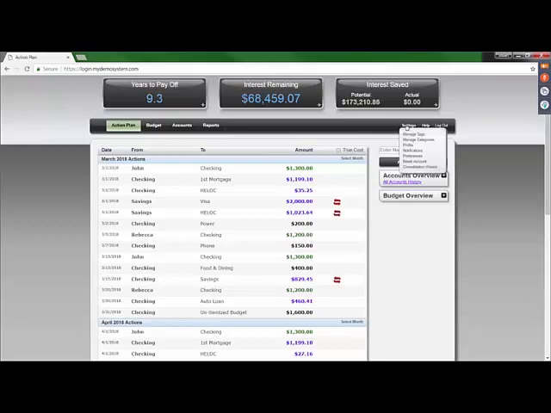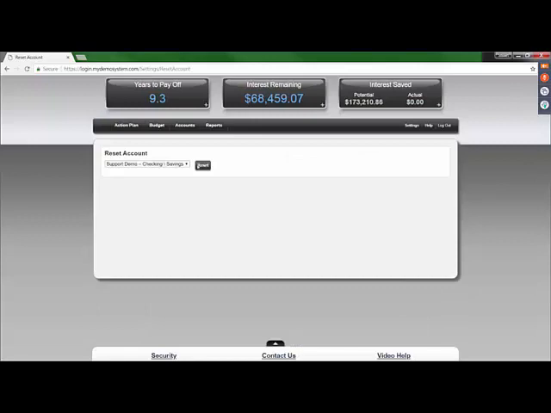So I did want to show you something. If you go into settings and you go into reset, I want you to see that for years, John has had a multiple property demonstration that's already built inside this program. And I just want to show that to you real quick. If we reset to multiple property,